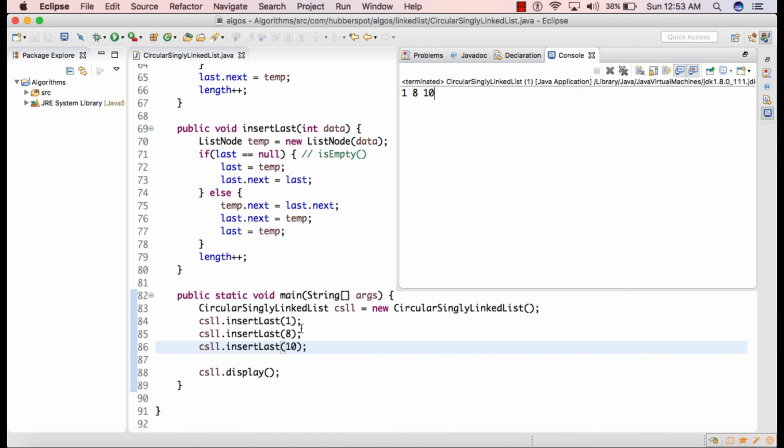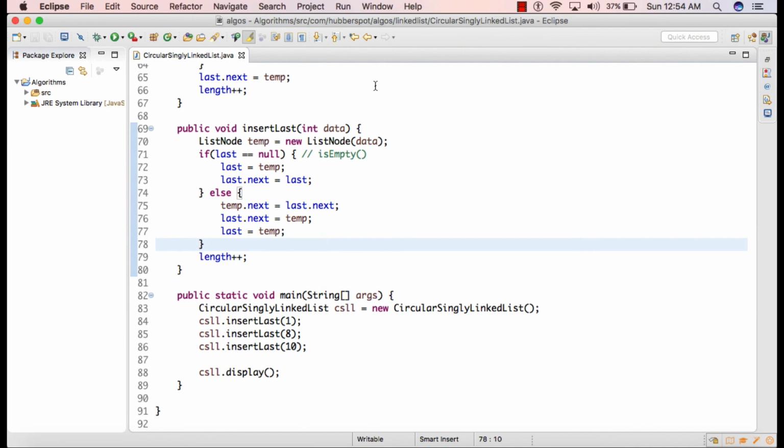So friends, here we inserted 3 nodes at the end of the circular singly linked list. So first we inserted 1, and then we inserted 8. So 8 was inserted at the last position, and finally we inserted 10. So you can see the 10 is inserted just after 8, and which is the last node.